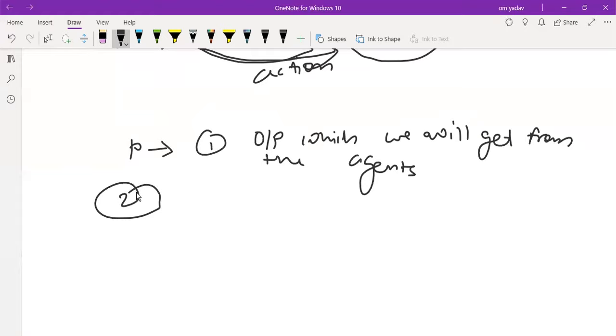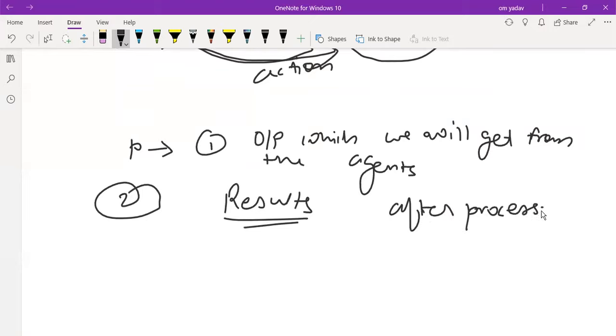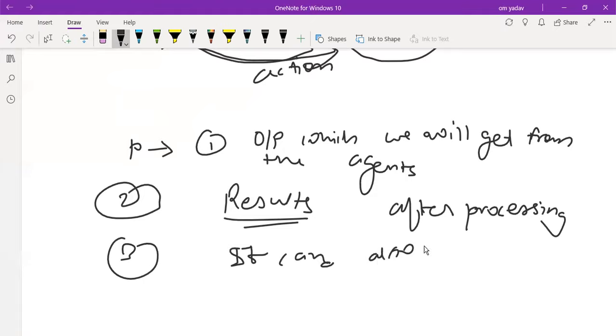Second point. What can the output be? The output can be results, whatever results you are having. You will get results from the agent as a form of processing, right? After processing you will get the results, and you will get that from the agent. Third point is very important. It can also specify